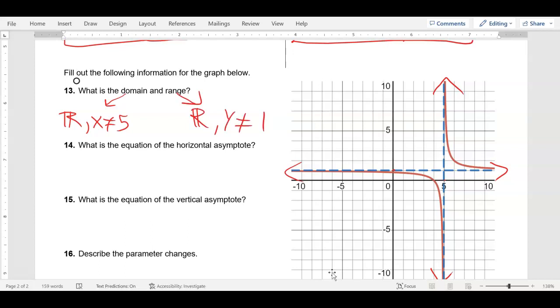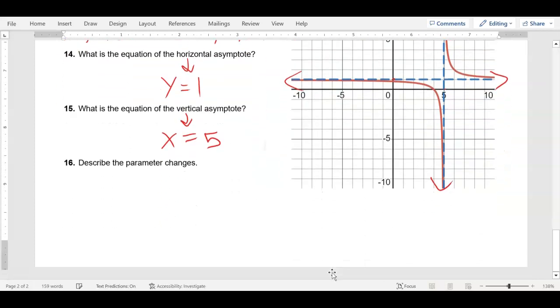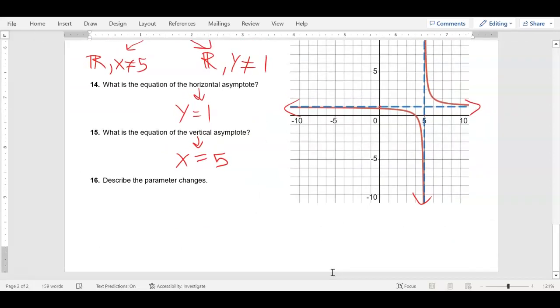So this domain where it doesn't touch on those asymptotes helps us. So the horizontal, remember horizontal is y equals, and horizontally it does not touch right here at the positive 1. And then vertically, that's an x equals situation. It does not touch vertically right here at positive 5. So my parameter changes are that it is a shift right 5 and then